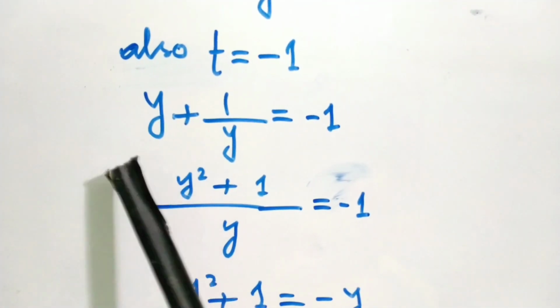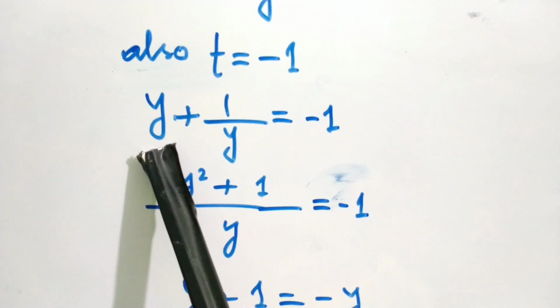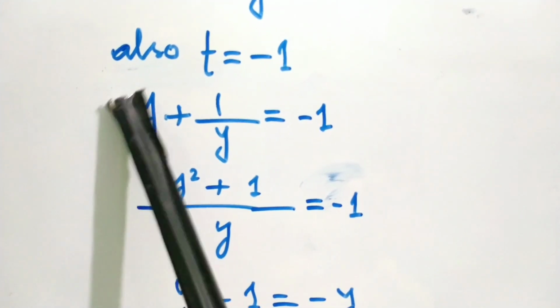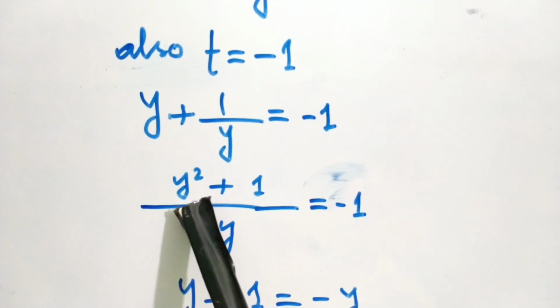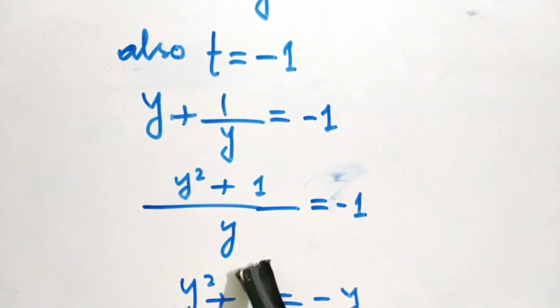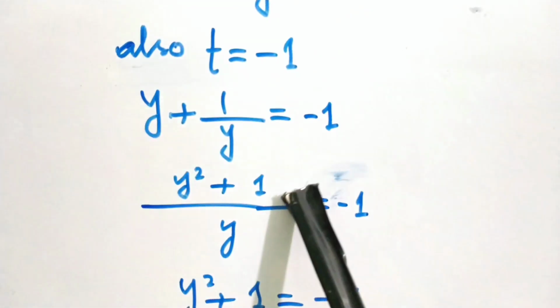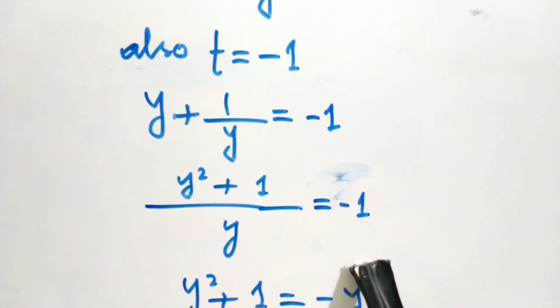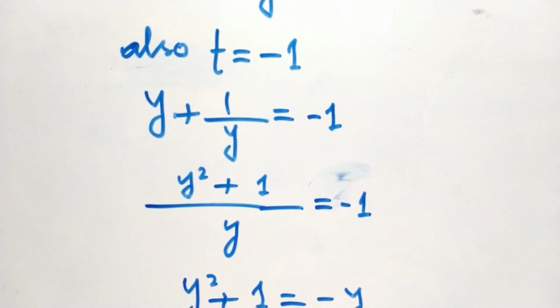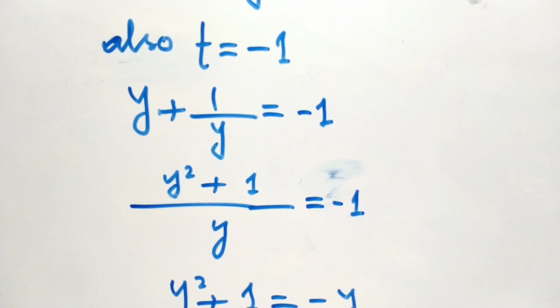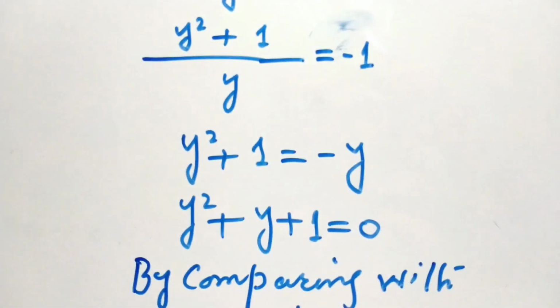So in the denominator there is nothing but 1 multiplied by y, and y will multiply by y, that is y square. So y cancels out y, that is equal to 1. 1 multiplied by 1 is equal to 1. So that is minus 1 equal to minus 1. This is simple mathematics of class 4 LCM that I have elaborated.